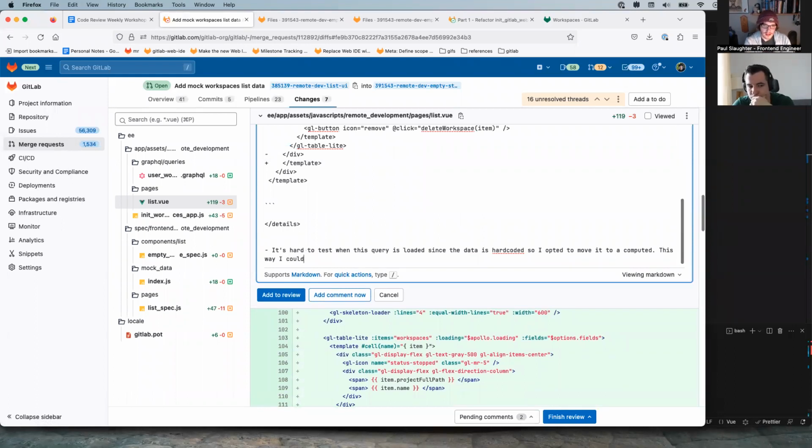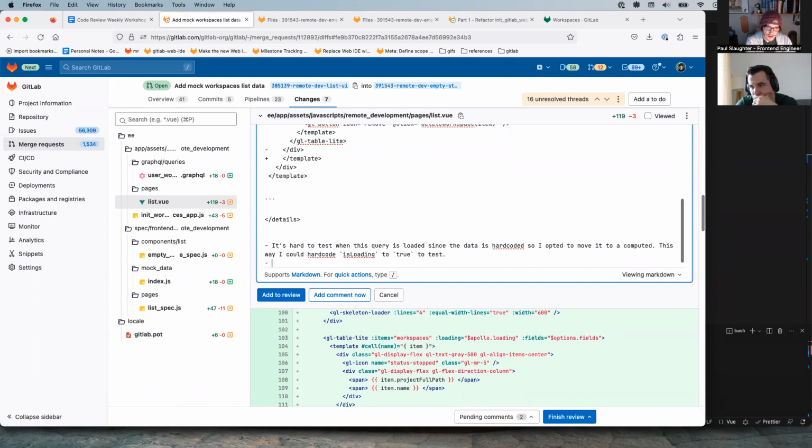This way I could set is loading to true to test. Then the other thing is it looks like GL table light doesn't have a loading prop. Let me quickly double check that.